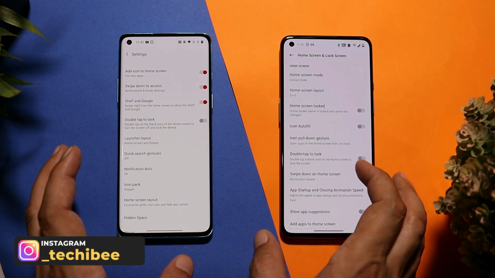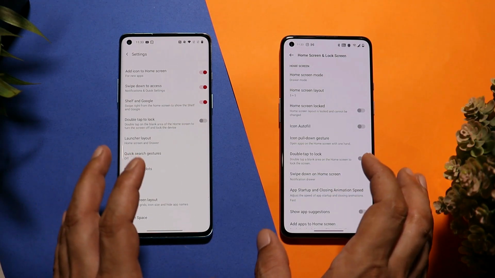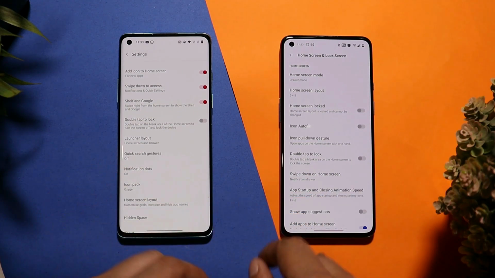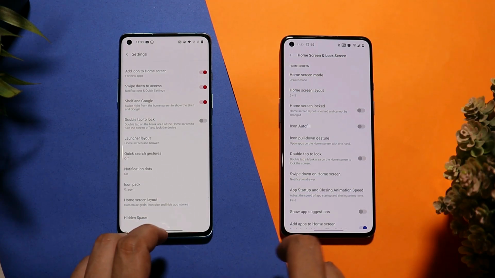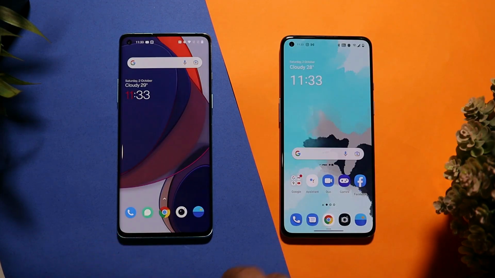So guys, I think there's a lot of difference between the ColorOS launcher and the OnePlus launcher. ColorOS launcher has lots of customization options, but that's not the case on OnePlus launcher. Still, it completely depends on person to person. But you guys let me know in the comment section below, according to you, which launcher you will prefer on your OnePlus device. According to me, if I had to choose between ColorOS launcher and OnePlus launcher, it's been a long time since OnePlus made major changes in the launcher. So I would probably prefer ColorOS launcher on my OnePlus device.